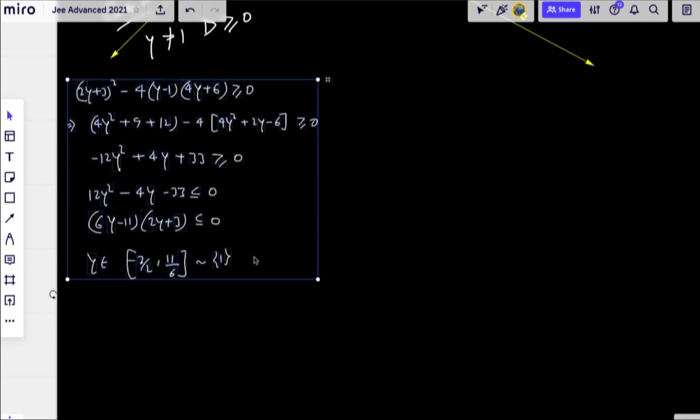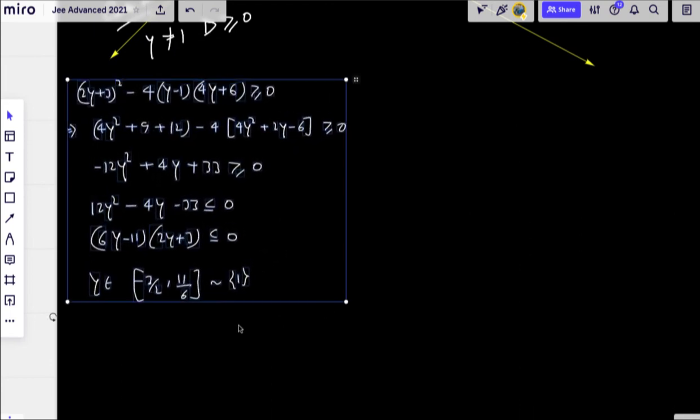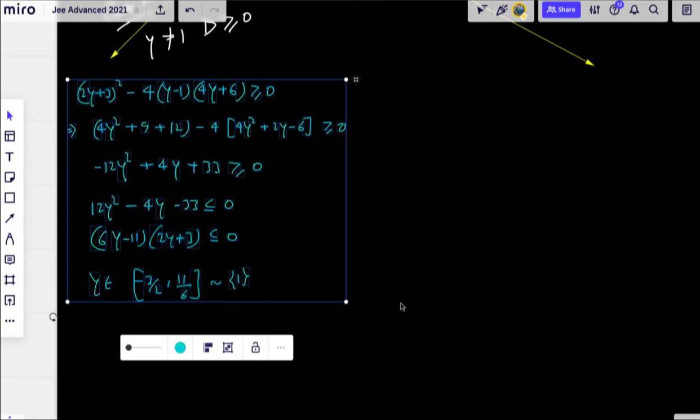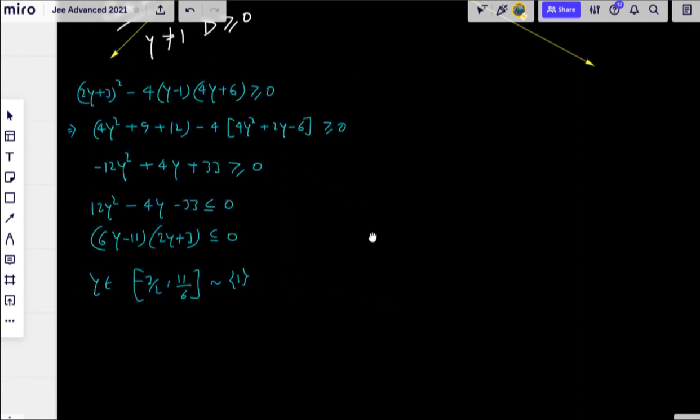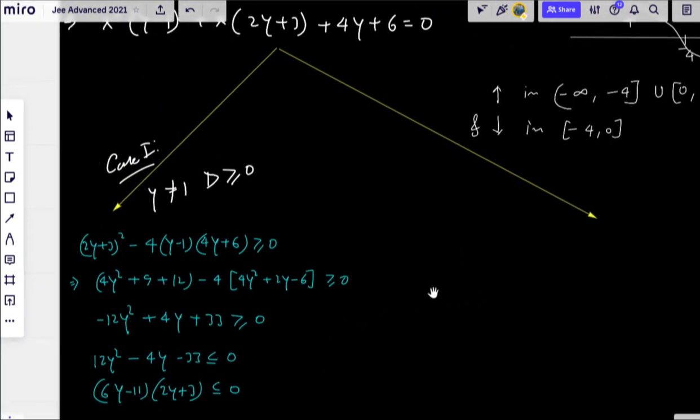This is for case 1, you can say over here. Okay, fine. So that is case 1. And what about case 2? If you see, there is case 2. In case 2,